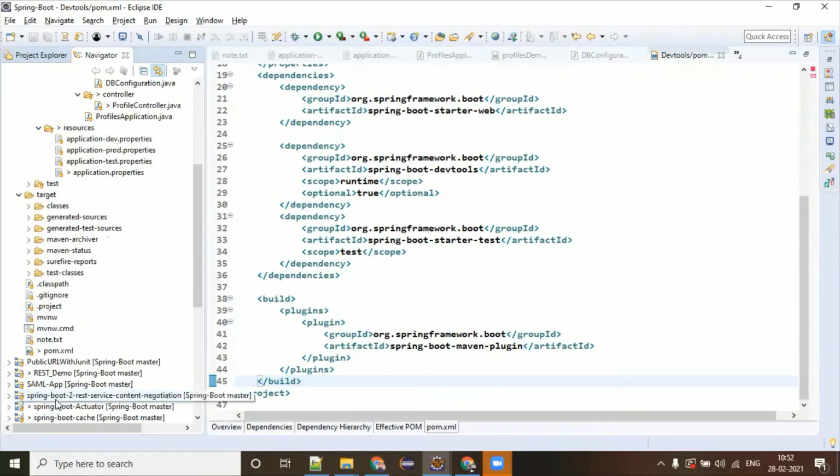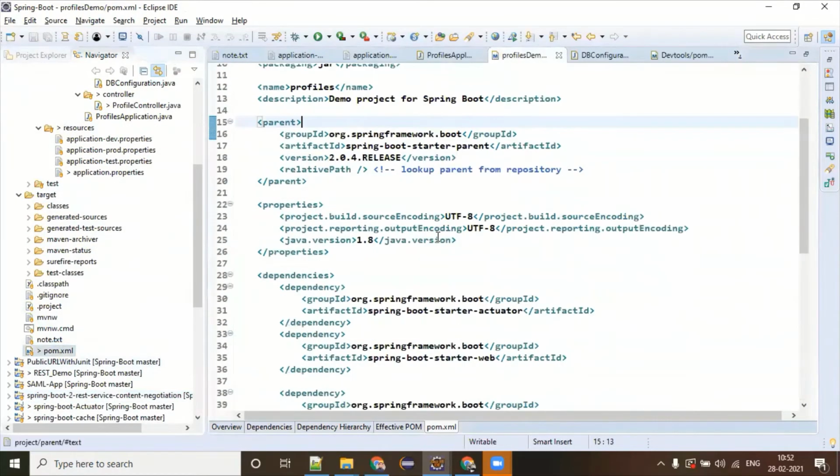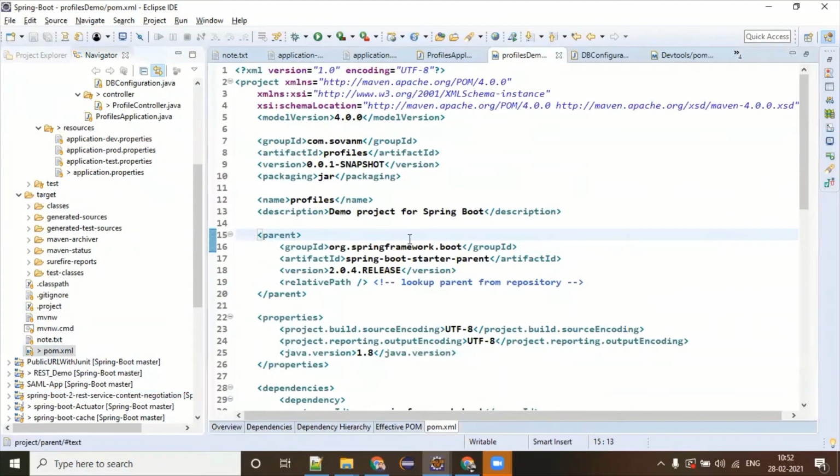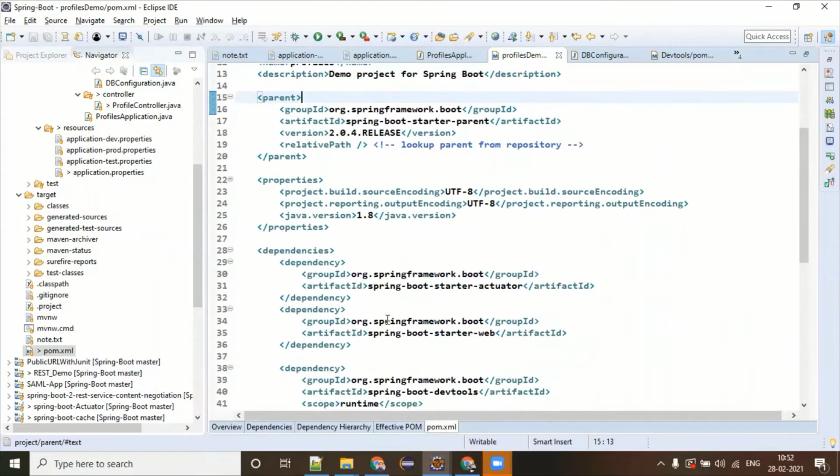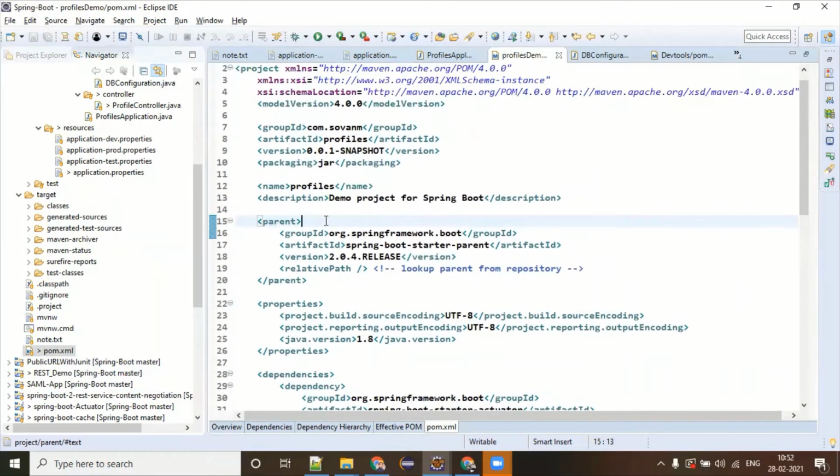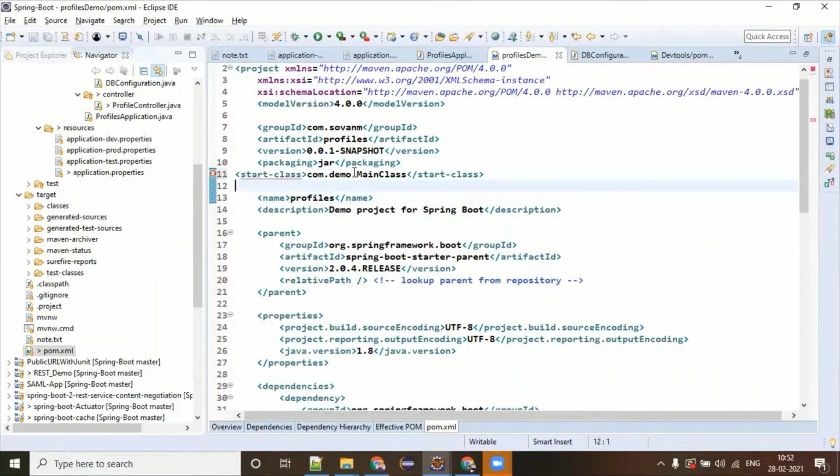Okay, so this is our pom.xml file, and under project, packaging we have already given as jar, but let's try giving this property and see what happens.